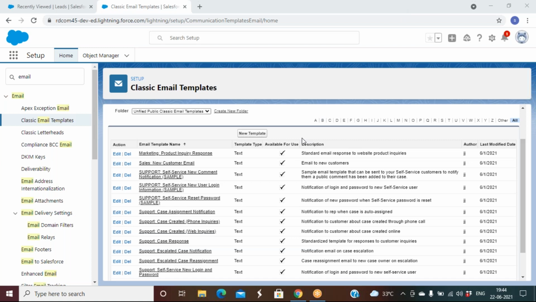We have email templates which have been given by Salesforce.